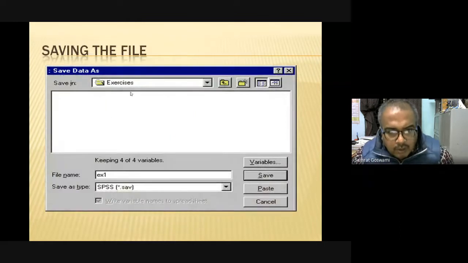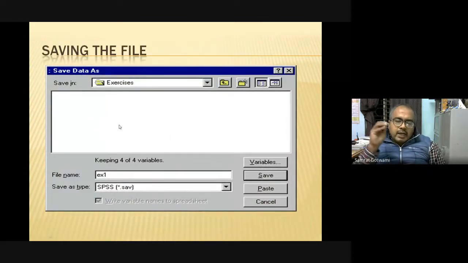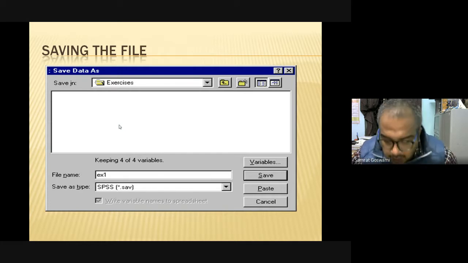That is all about the very basics of data entry and data saving. Okay, the very basics of SPSS that we thought that you should know. Okay, now